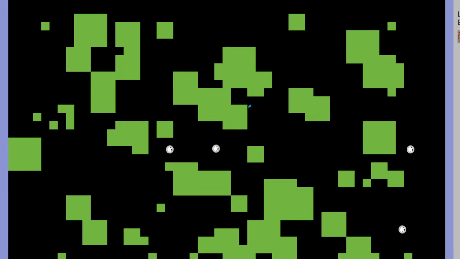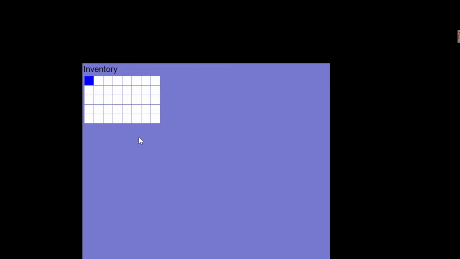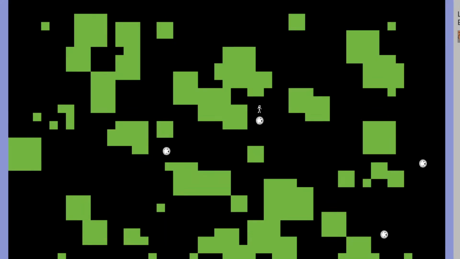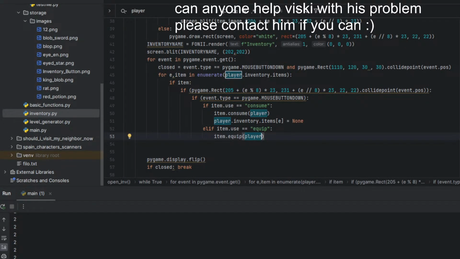Still, the item image is pretty horrible. Now let's try to equip it again. Yeah, we equipped it, but still aren't able to unequip it.